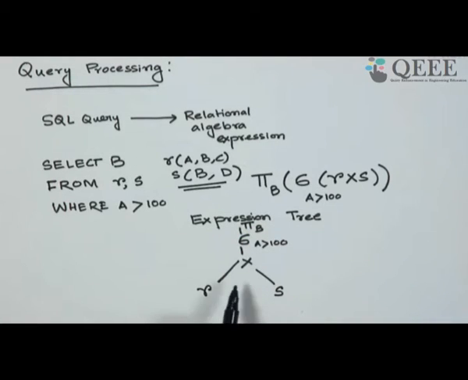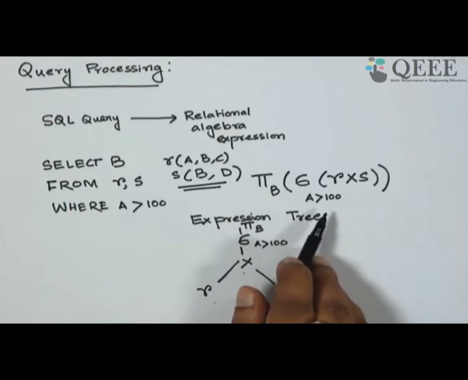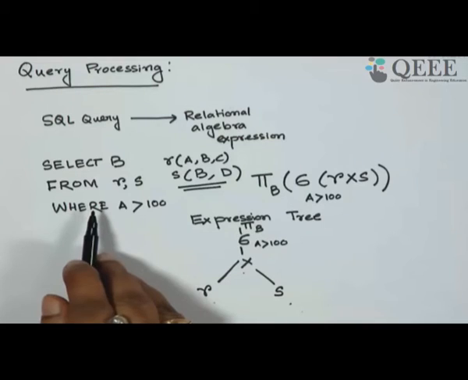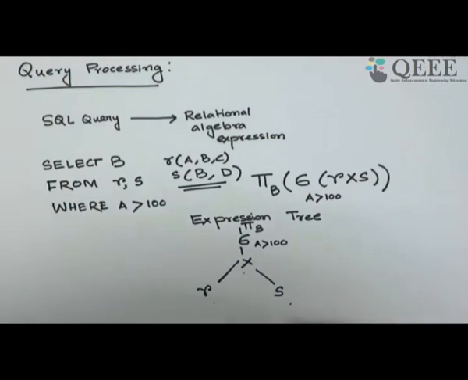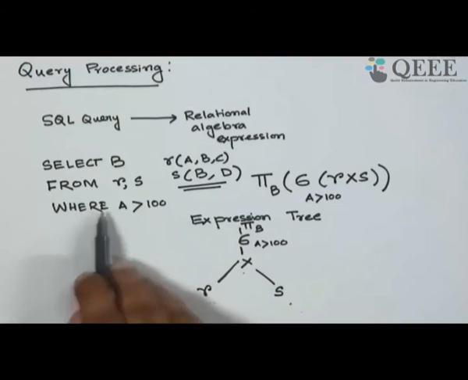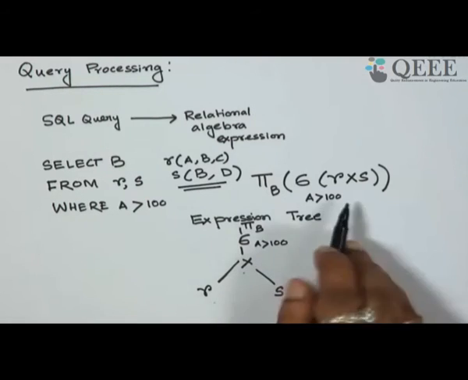It will look like this. Okay. So, the nodes of the expression tree are operators, leaves are the relations, the tables. So, I have two relations R and S. This is the Cartesian product operation. On top of that, the selection operation. On top of that, the projection operation. So, this expression tree corresponds to this SQL query. So, this I think is clear to you. Given a SQL query, you can draw the expression tree first by converting it here.